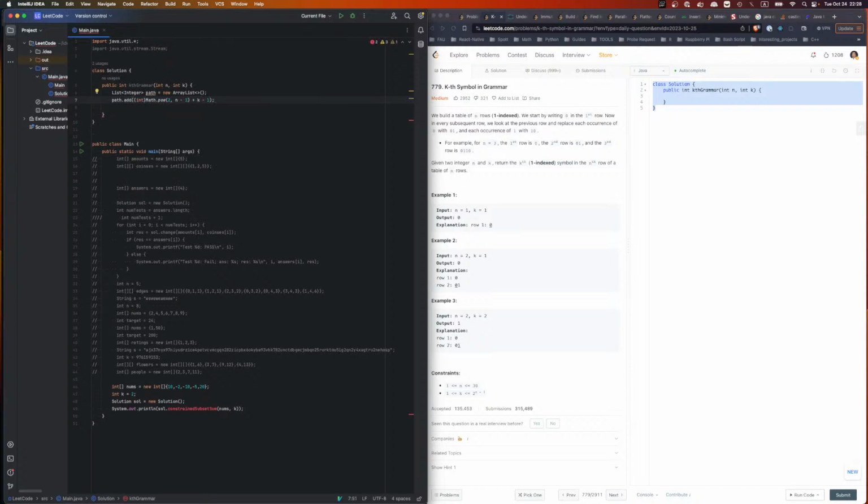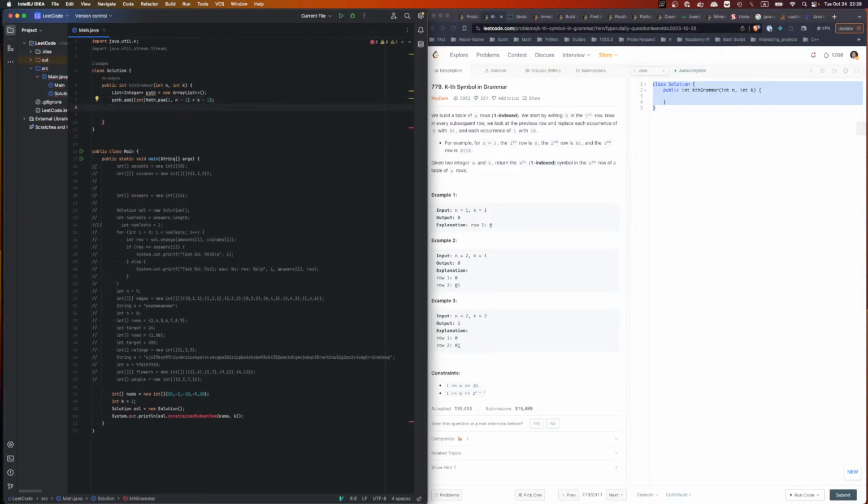Okay, we add that. And then, while path.get(path.size - 1) is larger than 1, we do